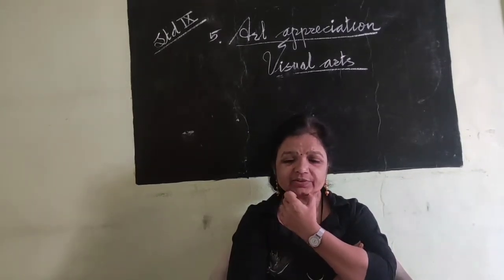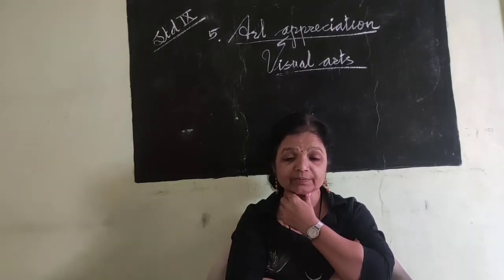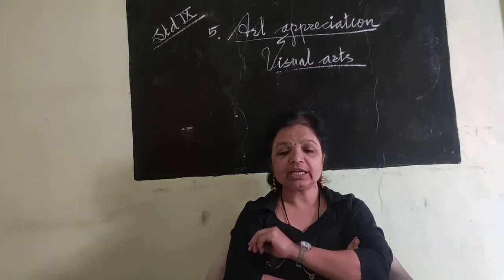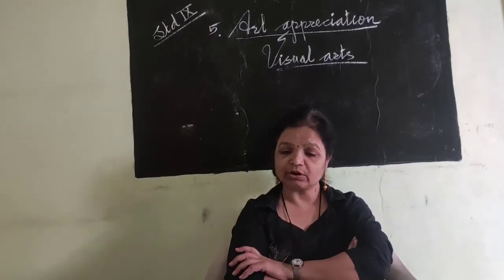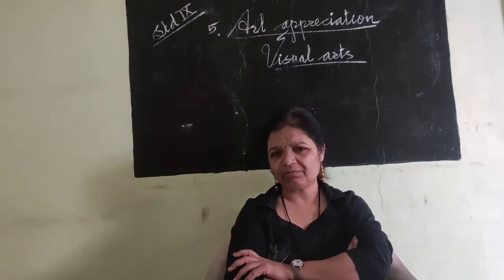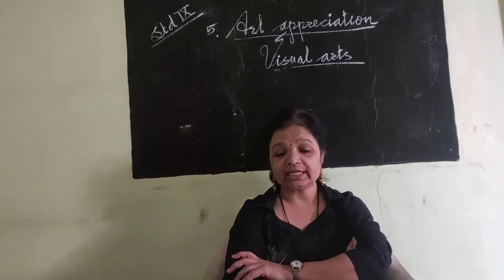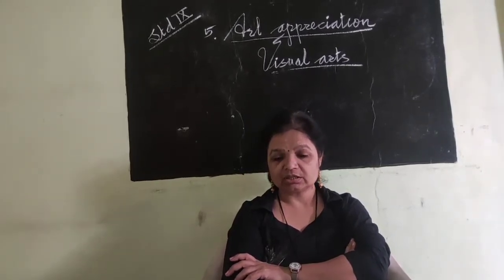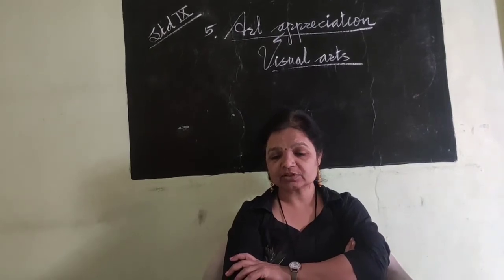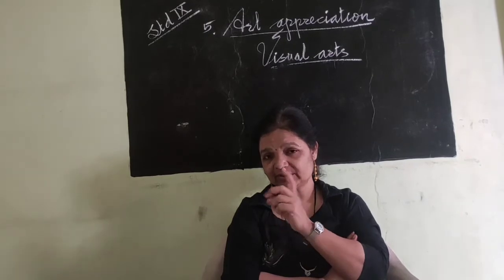Here we have some examples already written on the next page, page number 49. The change in the style of the letters when written with all the above equipments can be seen below. Equipments means instruments, the tools that we use for writing. First one is brush. See that letter, Bal Bharti, how it looks. Then cut nibs. When we use a cut nib, one line is very thin and one is bold.